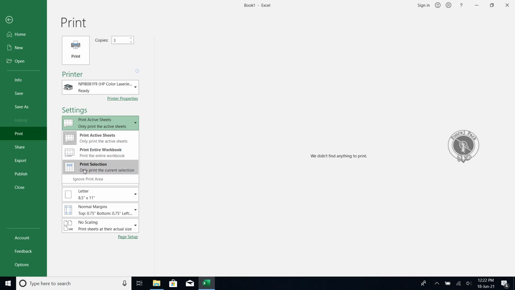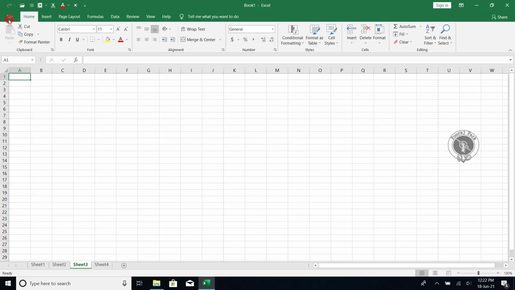And if I want to print only a selection, I'll show you what Print Selection means. Suppose these, hi, hello, are the data I have in my current sheet, but I want to print only this area.